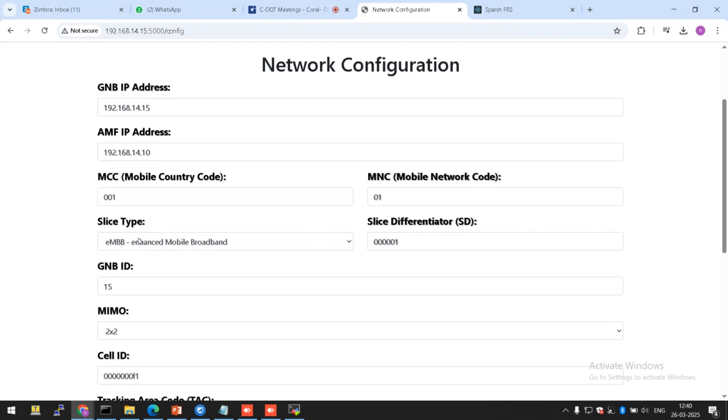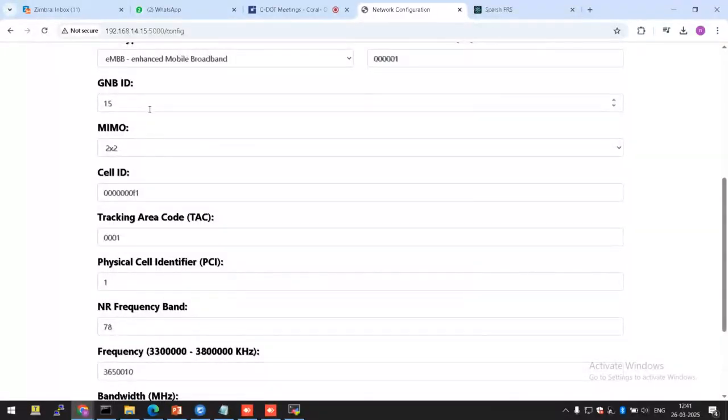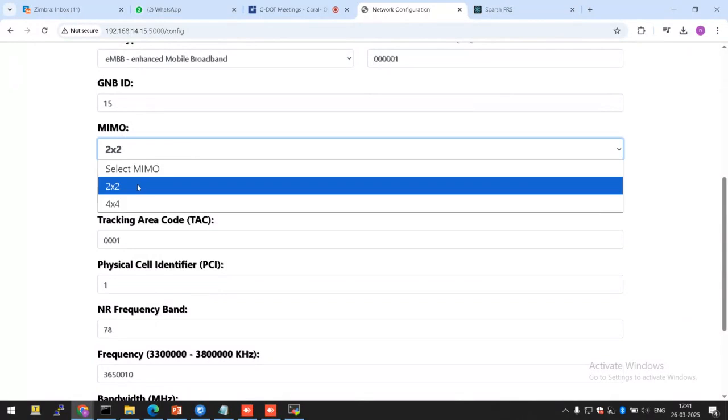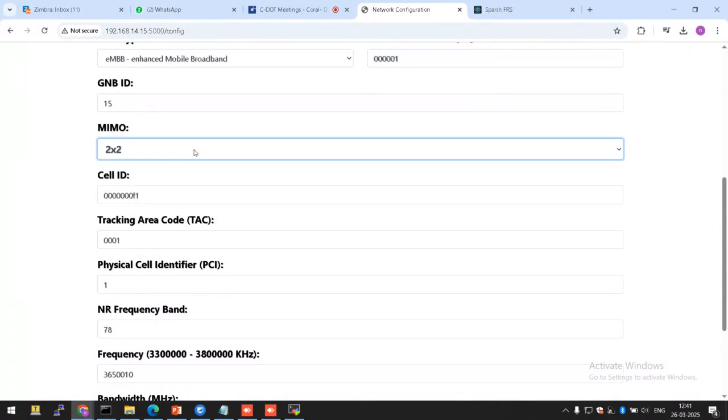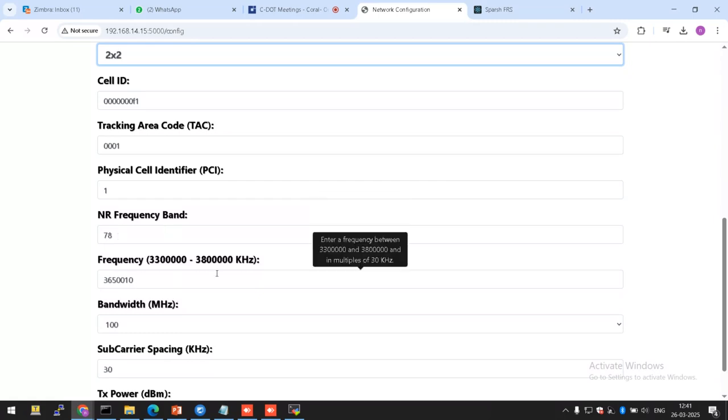This is the SST and this is the SD value, and the gNodeB ID, and the current MIMO configuration. You can do 2x2, or in future you can upgrade up to 4x4. This is the cell ID we have to configure, and the tracking area code, then PCI, and the band we configured. You can set the band also here, and the frequency,